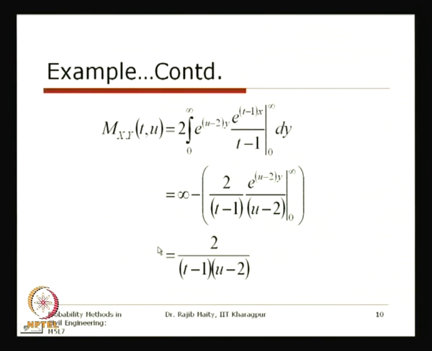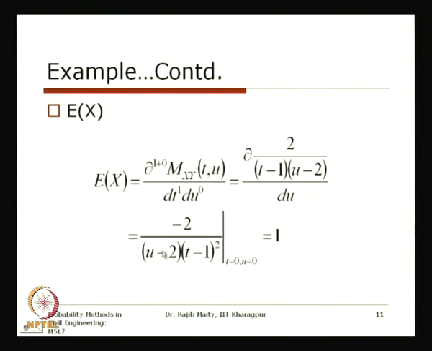Now, our next step is to get the mean of x, the mean of y, and their covariance. To get the mean of x, we have to take the expectation of x, and just now we showed how to get the mean of the marginal distribution, that is, we have to put in the suitable order. Here it is specifically mentioned how we put the order: for the t it should be 1, and for the u it should be 0. So, basically we are doing a first order derivative